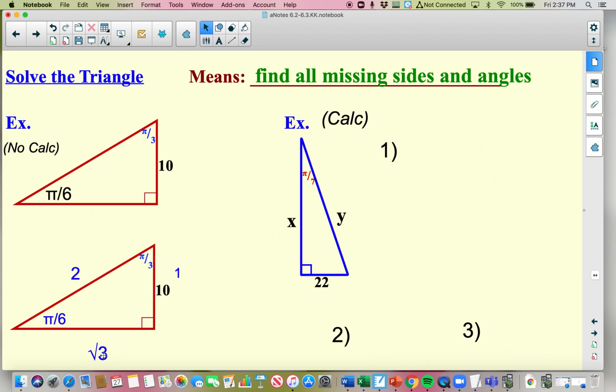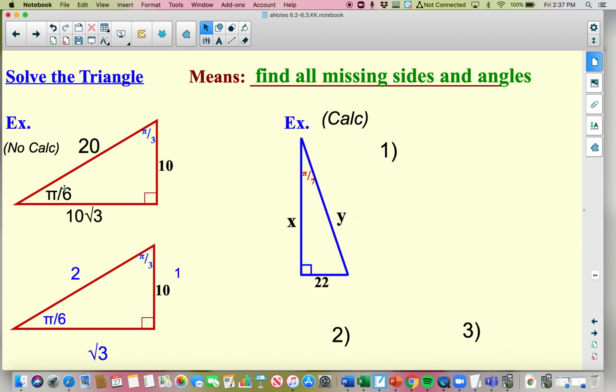Opposite of 60 is square root of 3, and opposite of your 90 is 2. So knowing that this original side was 10 and the ratio was set to be a ratio of 1, square root of 3, 2, well, I'm obviously just multiplying by 10 here. So if I multiply my 2 by 10 and my square root of 3 by 10, that will give me my side lengths. So 20, 10 root 3, and 10 would be my missing sides, and